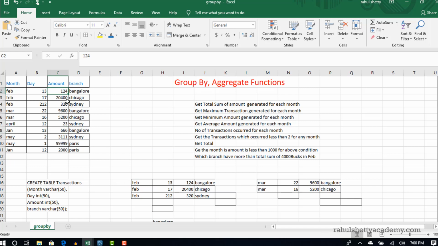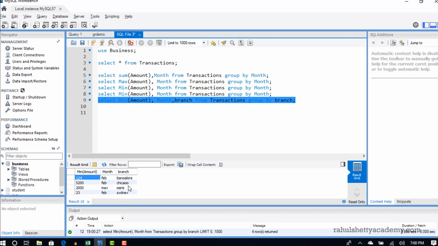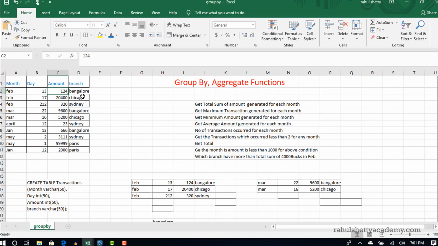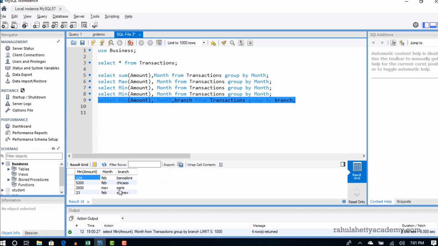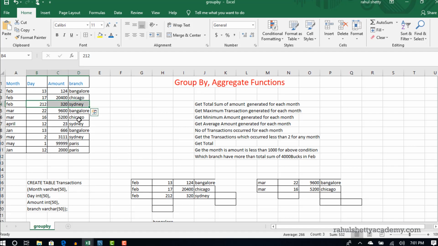Yes, we are correct. 124 is the minimum amount. So in Chicago, 5,200 is the minimum. Yep, because 20,400 is the maximum and 5,200 is the minimum. In Sydney, 3,011, 320. This should be in our table. Oh, 23. There is one more. Oh, yeah, this is the minimum.